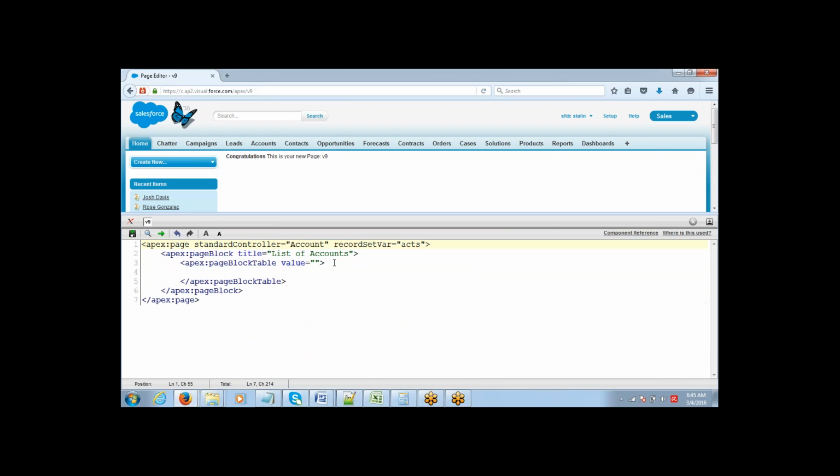The set of data that I want to display is this. I'm just gonna put it like so. This is the value, and then there is one more variable that you need to define here. This is the variable which will be used for this expression inside the table. The variable can be a. Now you can say apex